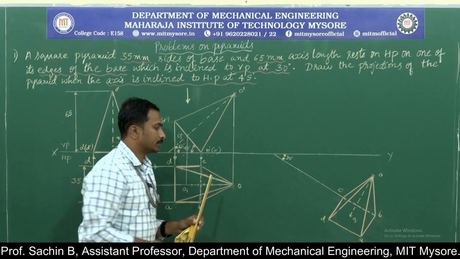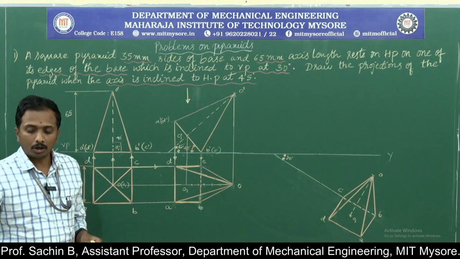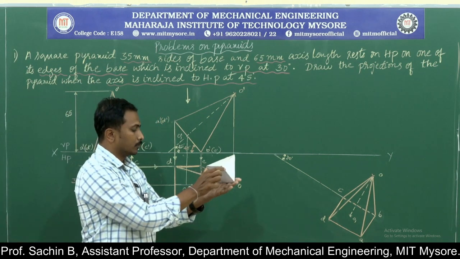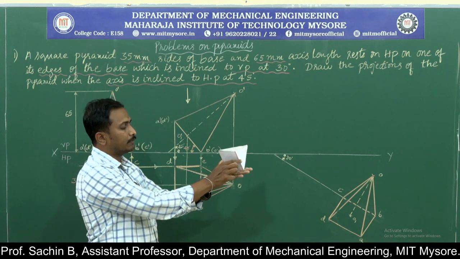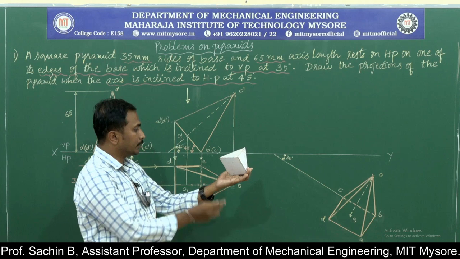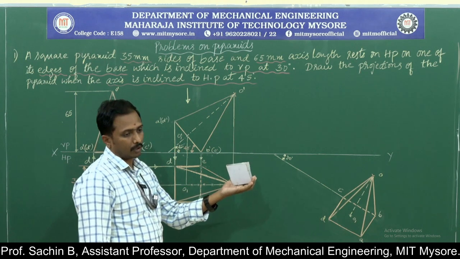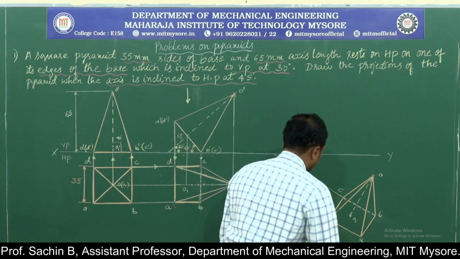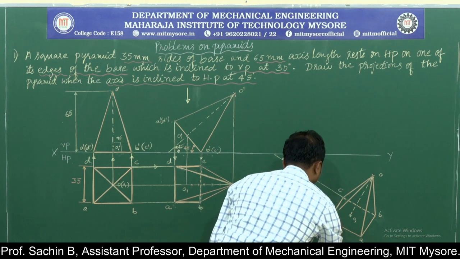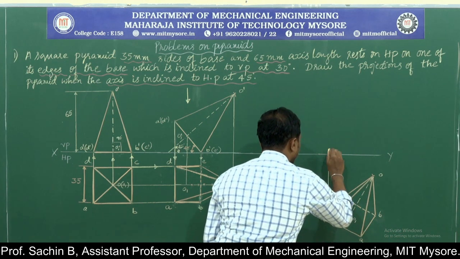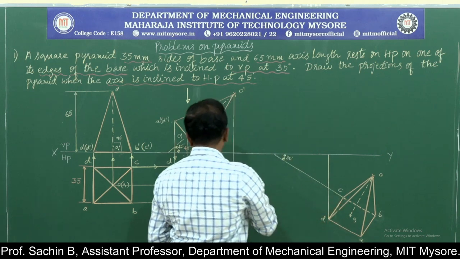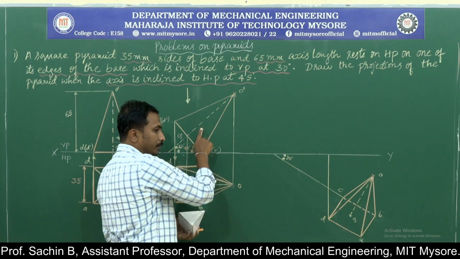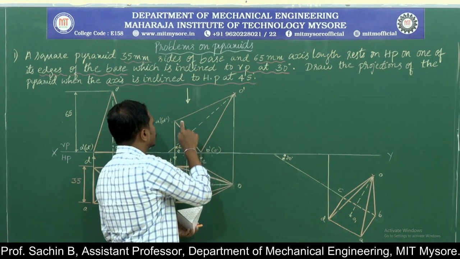Okay, now this last position or top view I have written here by tilting the object like this, for the base edge, the resting edge inclined to VP at 30 degree. Now I need to go for writing the front view of the object. While writing the front view of the object, I will draw the projection lines from all the points. Now here the projection line of the top view in the last position should meet the projection line of the front view in the second position.